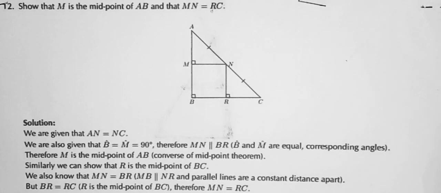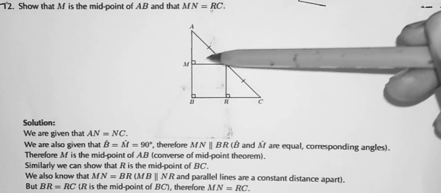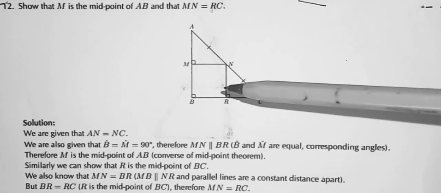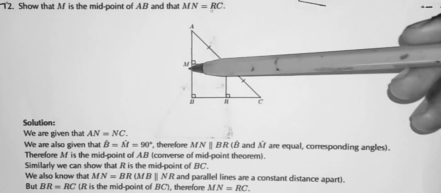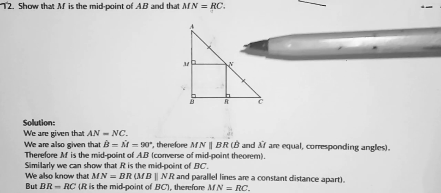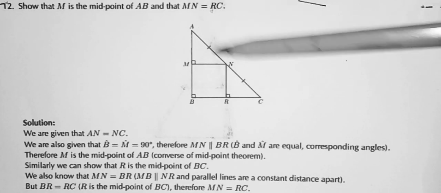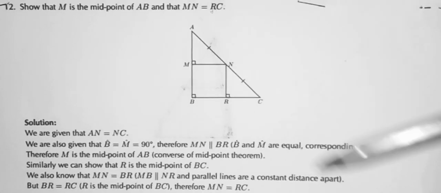Show that M is the midpoint of AB and MN is equal to RC. In order to show that M is the midpoint of AB, you have to make sure that you show that this AM is equal to MB. Because we're given that AM is equal to NC,